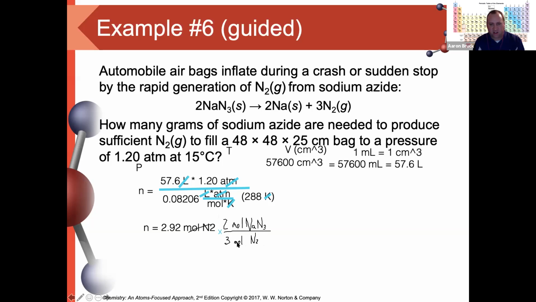So my moles of nitrogen cancel. And then the last step here is we want grams. So 1 mole of sodium azide